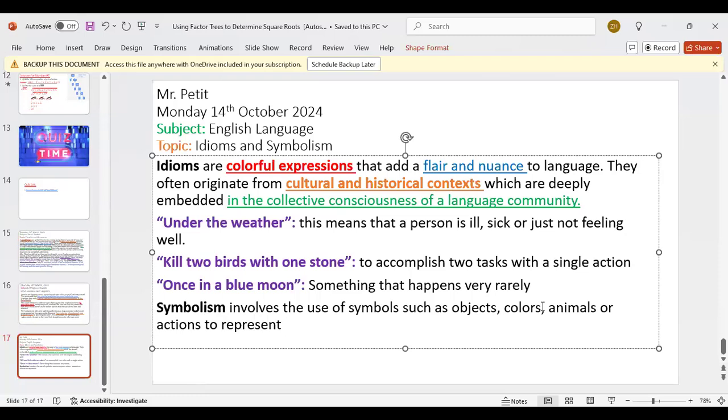Objects, colors, animals, or actions to represent abstract themes. When we talk about abstract themes, we talk about love, fear, dishonor, loyalty, right? And ideas and concepts. And so you could use this inside your writing to make it come alive, right? So, for example,